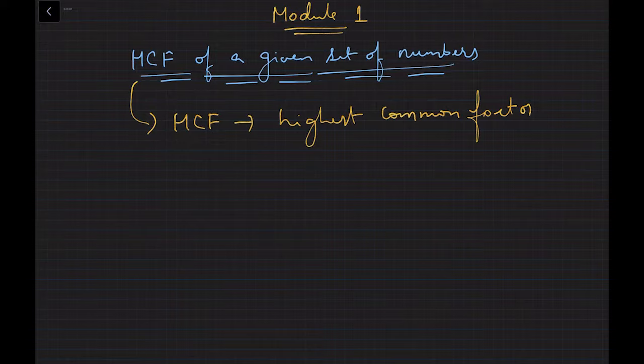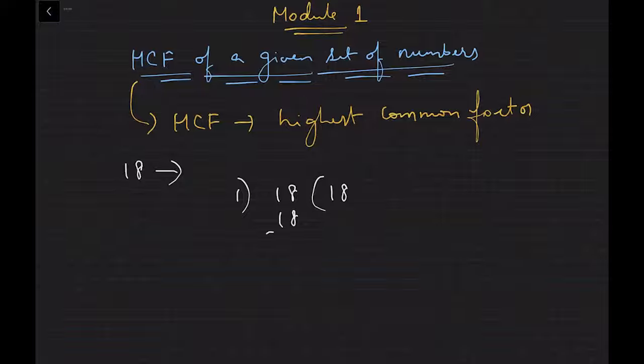Let me take a number, say 18. A number is said to be a factor of 18 if and only if it divides 18 completely without leaving any remainder. Such numbers are called factors of the number 18. Let's check if 1 is a factor of 18. So 1 should divide 18 completely without leaving any remainder. 1 eighteens gives us 18, so we get remainder as 0. Therefore 1 is a factor of 18.